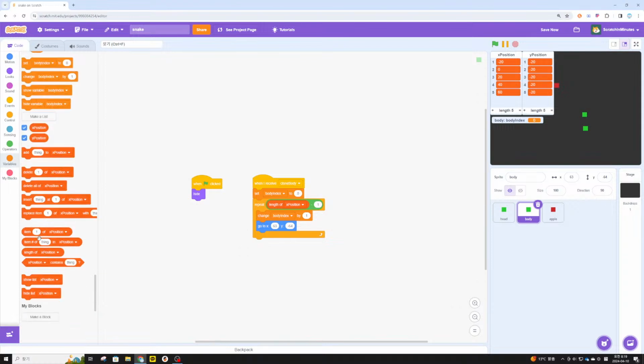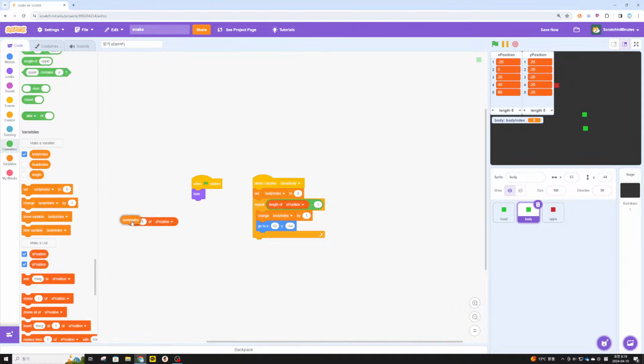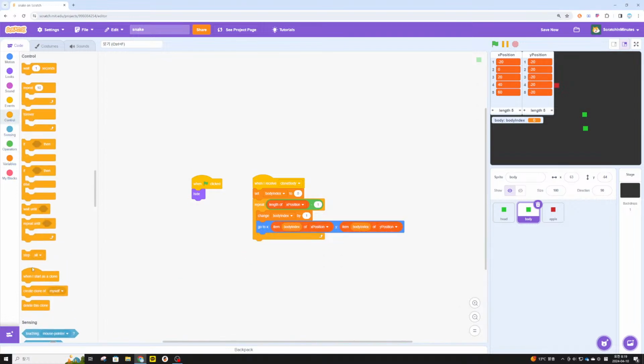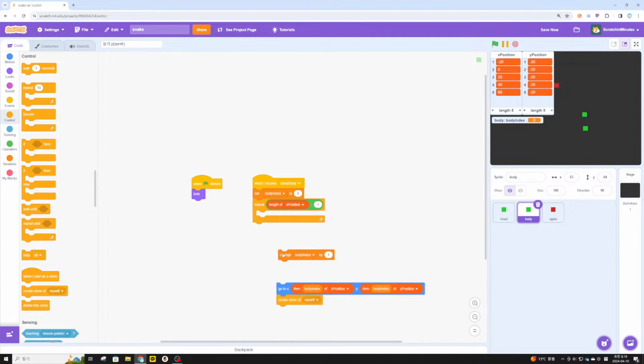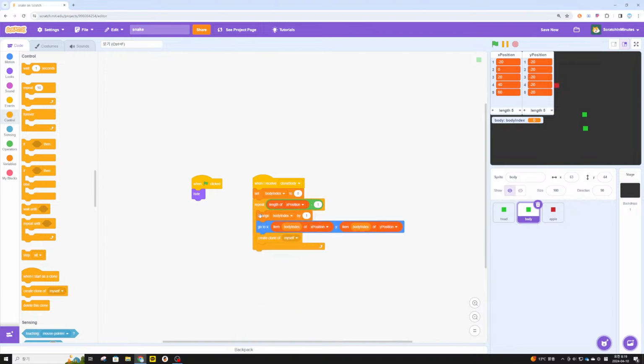We're going to go to item number body index of X position and Y position and clone ourselves. So each clone would be given a number at the body index. So depending on